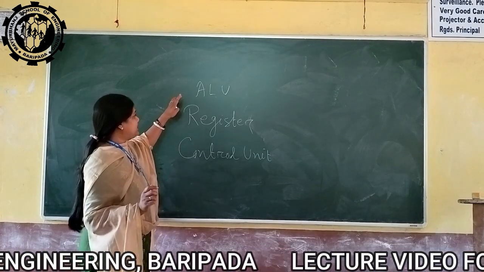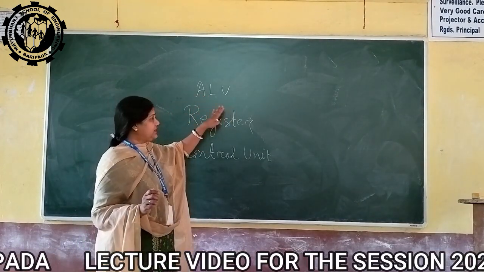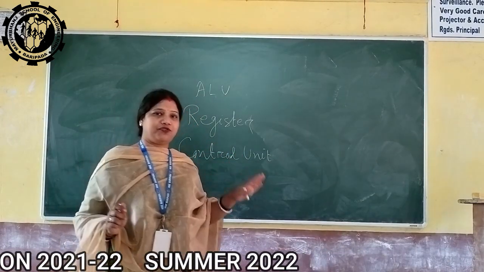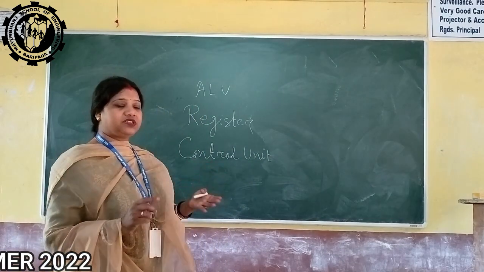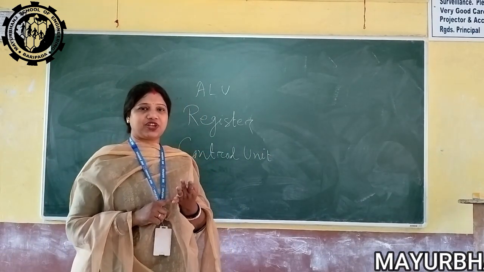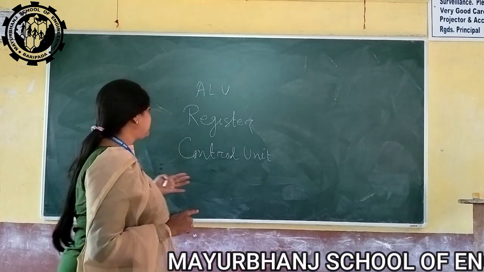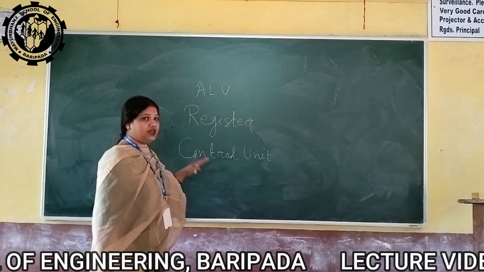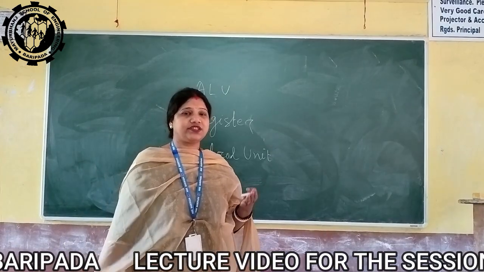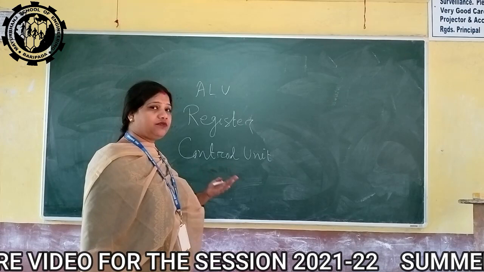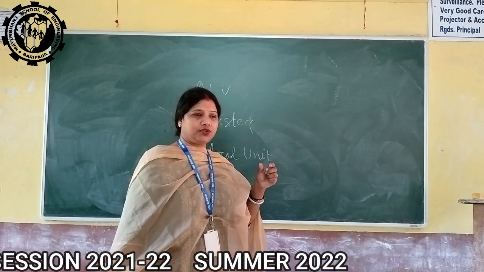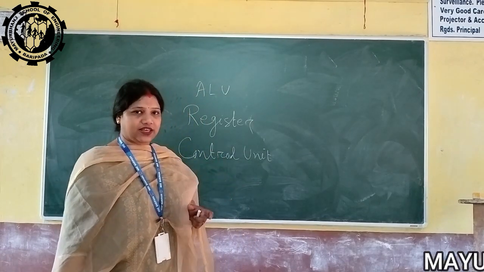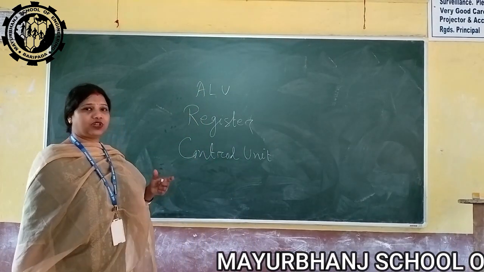What is ALU? That is the arithmetic logic unit. This is the area where various computing functions are performed. Here we can perform addition, subtraction and multiplication. These operations are performed in ALU. The second one is the register, otherwise known as a storage device or memory device. Whenever we are doing some operation in ALU, it is used as a temporary storage device or as an input to the ALU.